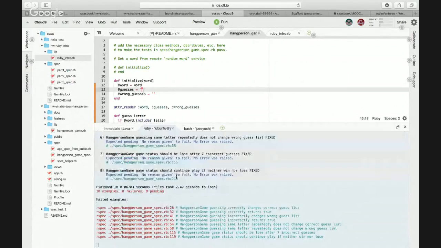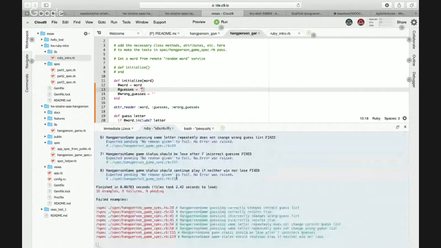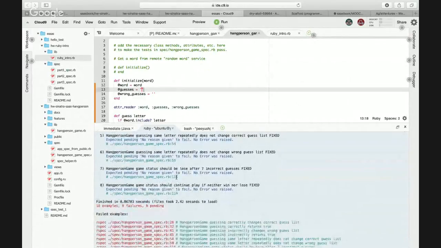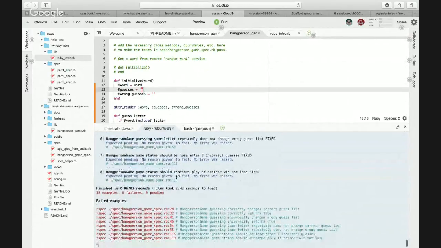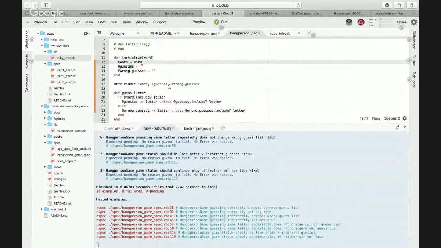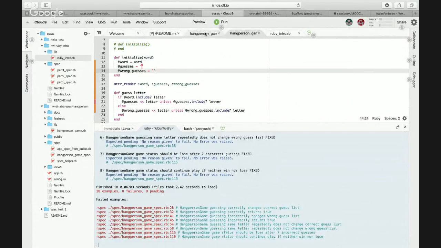So autotest is working. Okay, good. I've already put that bundle exec autotest command. So after it started, let's just go through the tests and make them pass one by one, I guess. Yes, that is what we are going to do.